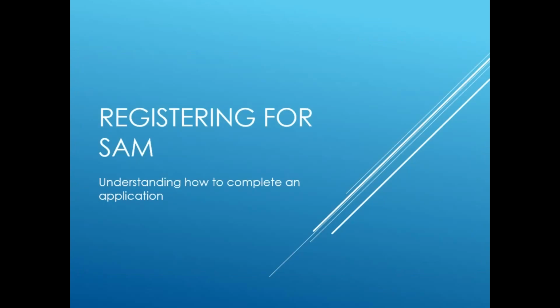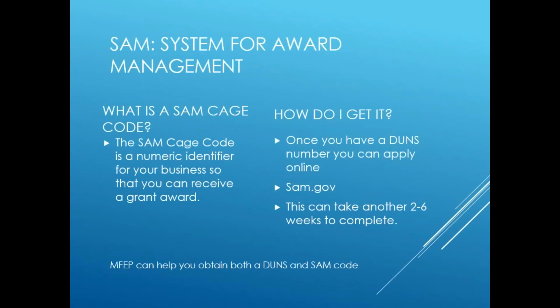All right, so registering for SAM. This one's a little bit more complicated, and this is going to be the bulk of the presentation today. All right, so SAM, System for Award Management, is what SAM stands for. It's, again, a numeric identifier for your business, and it's specifically given to you by the federal government. You can only get a SAM number once you have a DUNS. So you have to get the DUNS first. You have to go through the previous process we just talked about before you can go to sam.gov